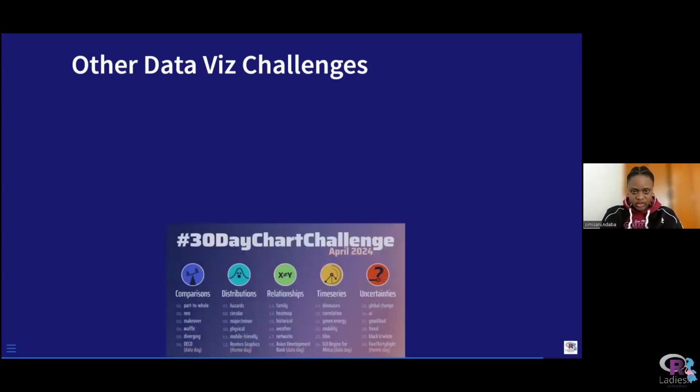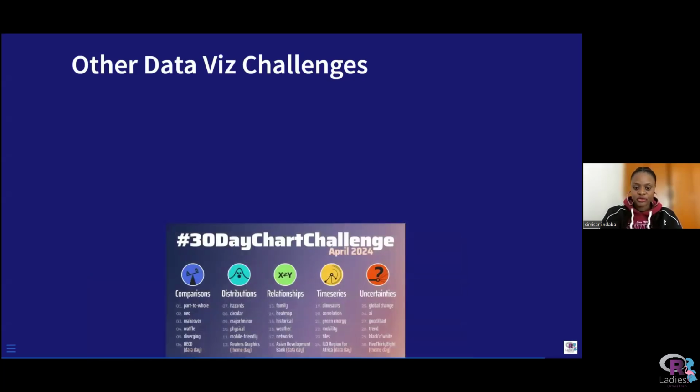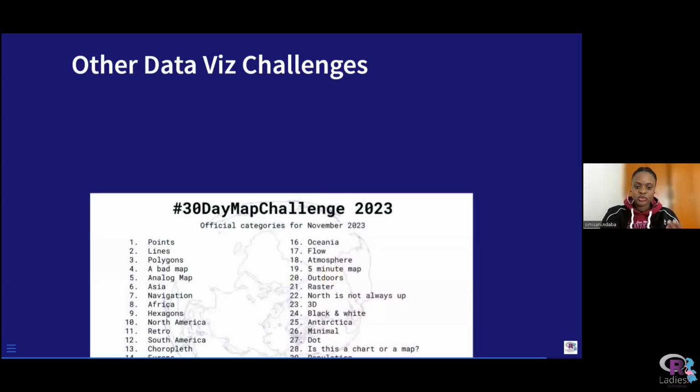challenge. So those other visualizations that you can take part in is the 30-day chart challenge, which is in April, but this one is more daily. You have to create a plot daily in order to complete the whole challenge. There's a 30-day map challenge, which actually was the first challenge that came before the daily chart challenge. So it was the map challenge